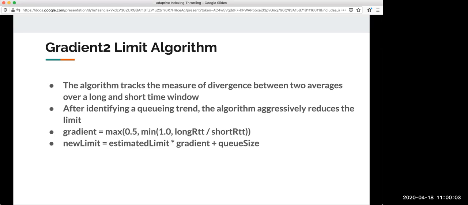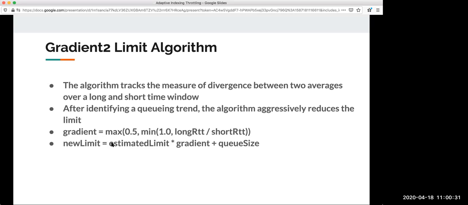Because it's a small window, the increase will be very sudden, and in the large window it will be very slow. So there will be a divergence as soon as we enter a load state. This algorithm looks out for the divergence in the two averages, and as soon as it realizes that we are entering a load state from a steady state, it will aggressively reduce the limit.